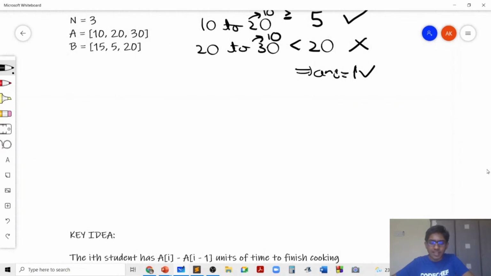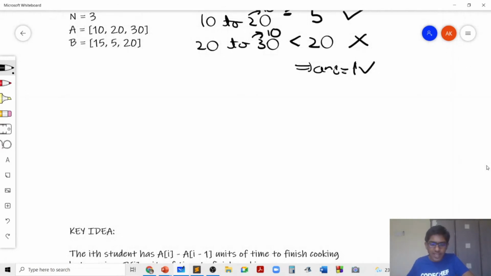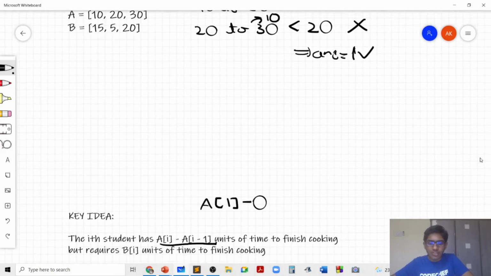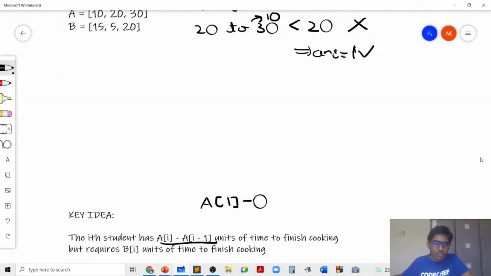The ith student is getting Ai minus A(i-1) units of time to finish cooking, and the first student gets A1 minus 0 units of time, or basically A1 units of time. However, the ith student requires Bi units of time to finish cooking. So the required time is Bi, and the time given is Ai minus A(i-1).